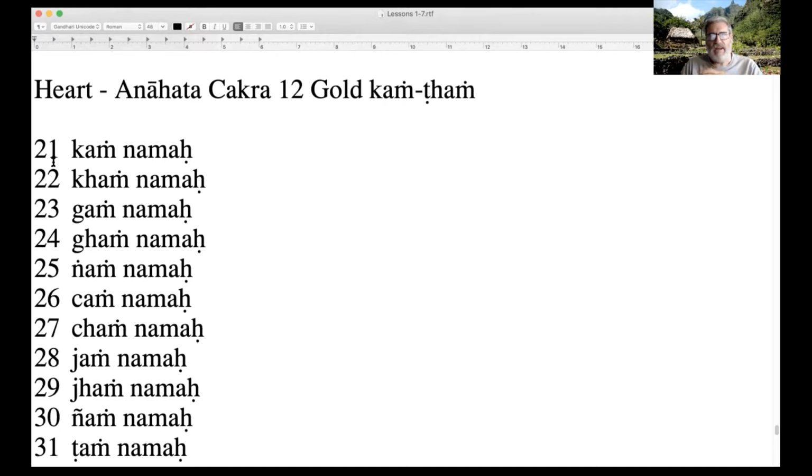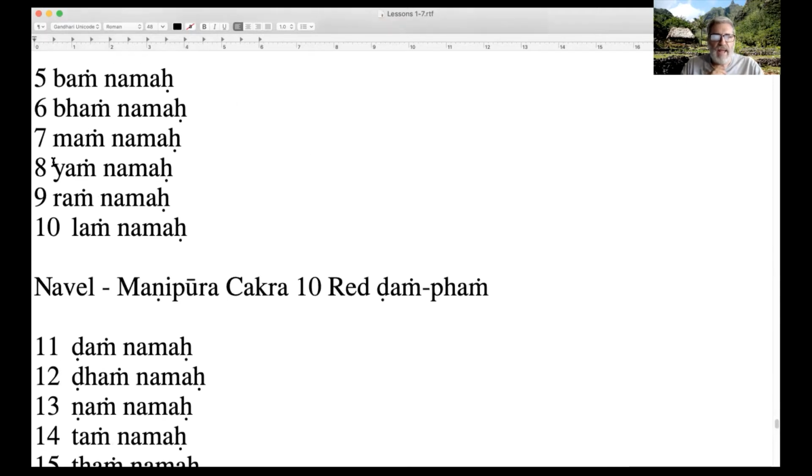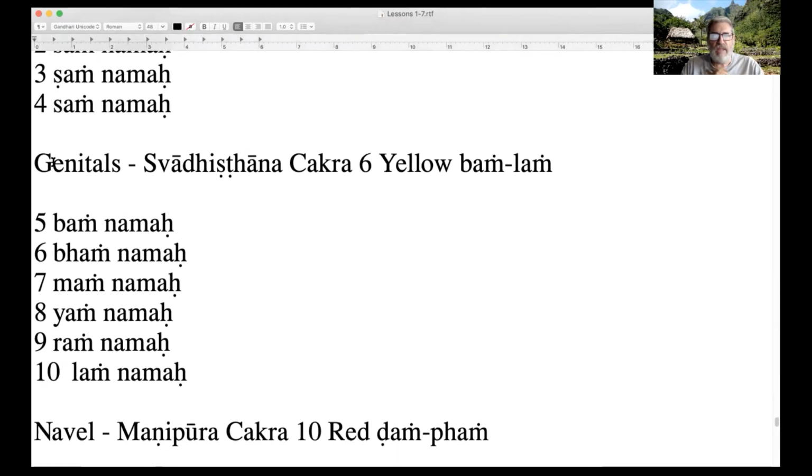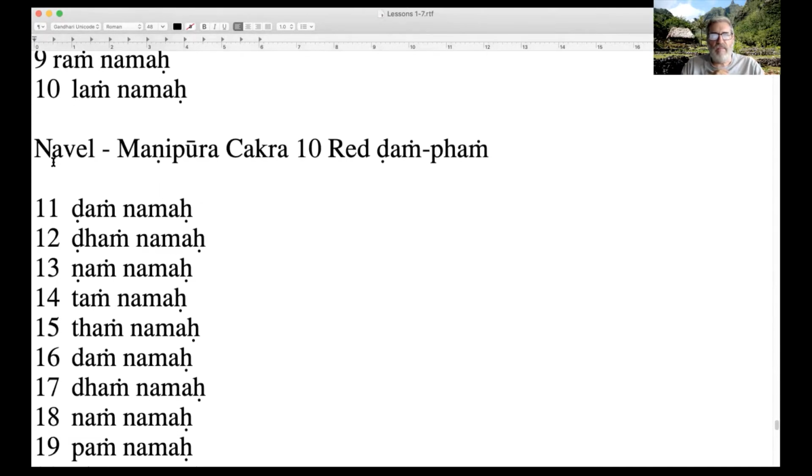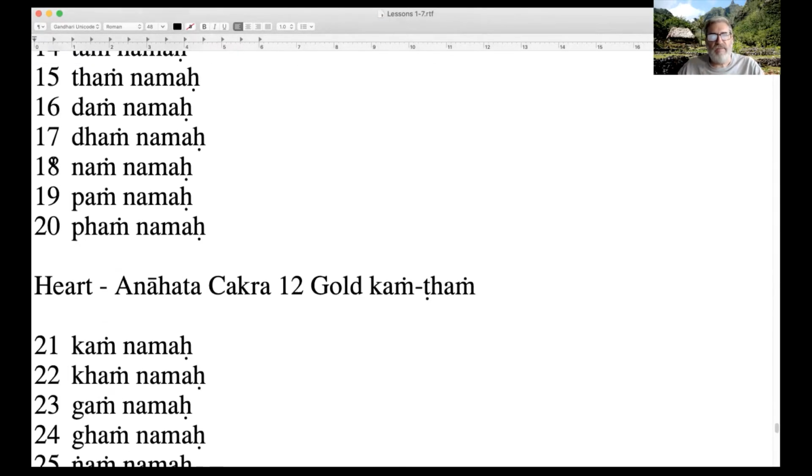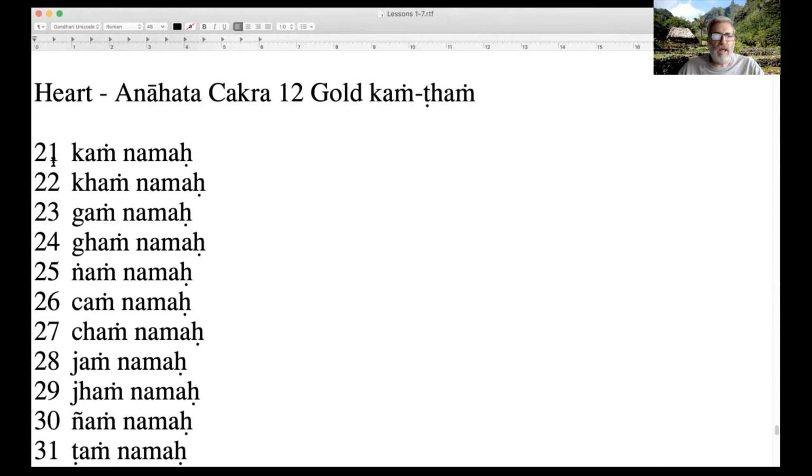Continuing up the spine, up the Kundalini, we are coming to the Anahata chakra. The Anahata chakra is the heart chakra. It has 12 petals. It is golden in color. There's a difference between yellow and golden. Previously the Swadhisthana chakra was yellow. So it's important in meditation to remember the different colors of these chakras. The heart chakra is situated in the middle of the chest: Anahata chakra, gold in color, and 12 petals.